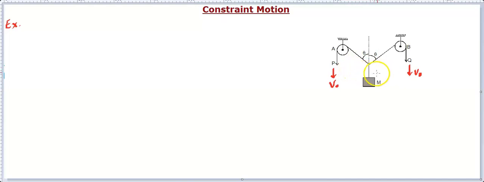You might be asked about the velocity of this block. So we need to find what the velocity of this block is. Some common sense and then the constraint motion idea will help us find this answer. What is the common sense? When you pull this point downside, this point will definitely go upside, and this will cause this block to go upside. So the velocity of this capital M can be thought of in the upward direction. Let's say it is moving with velocity v. This velocity v we need to find out.